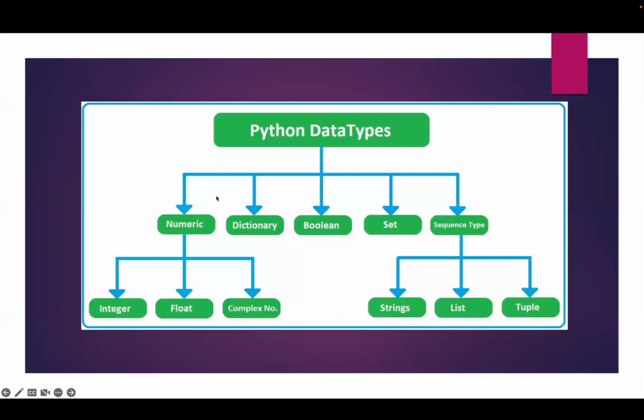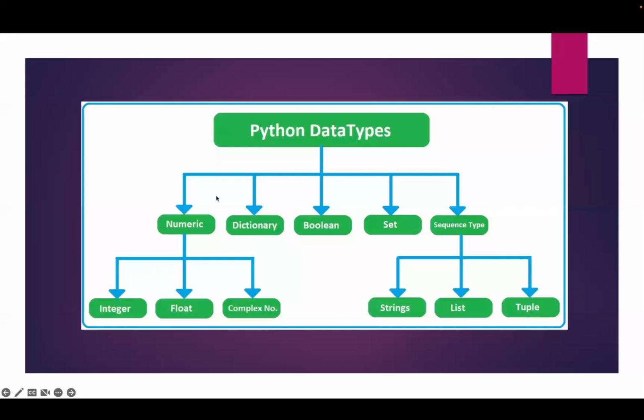We can't update. Could you please give a few more examples using tuples? Yeah, sure. For example, if you want to access any element, what you'll do: print T of